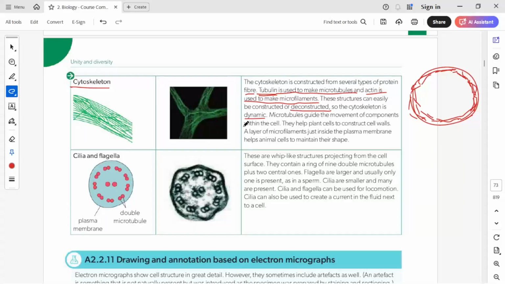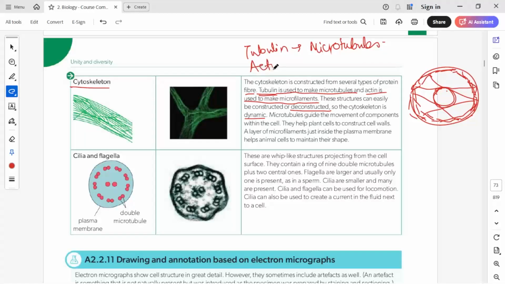Microtubules guide the movement of compartments within the cell. So for example, if this is a cell and we have to keep the nucleus in the center of the cell, these cytoskeletal proteins will help this nucleus to remain in the center. So basically they will be attached to these structures like this, and they'll keep it intact in its place. Here we are talking about two kinds of proteins that form the major cytoskeleton. First is tubulins, and tubulins form microtubules. Okay, tubulins form microtubules. And the second thing is actin.